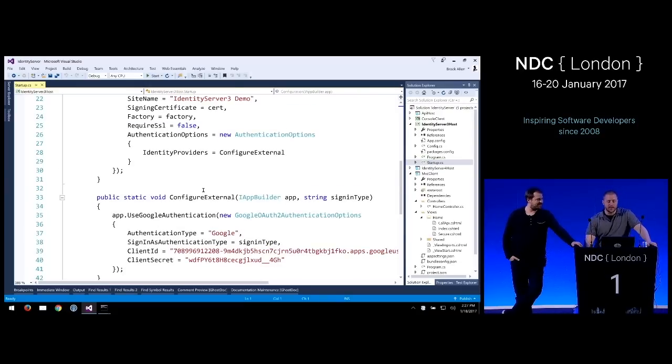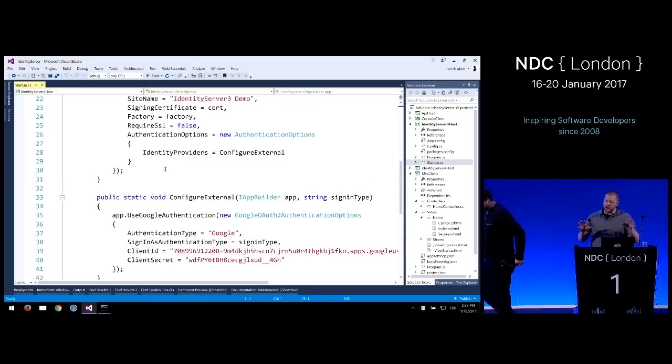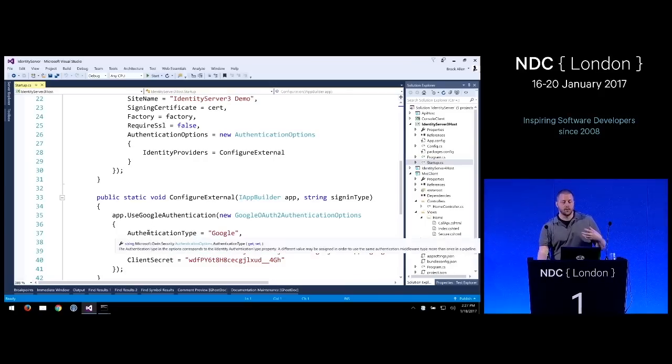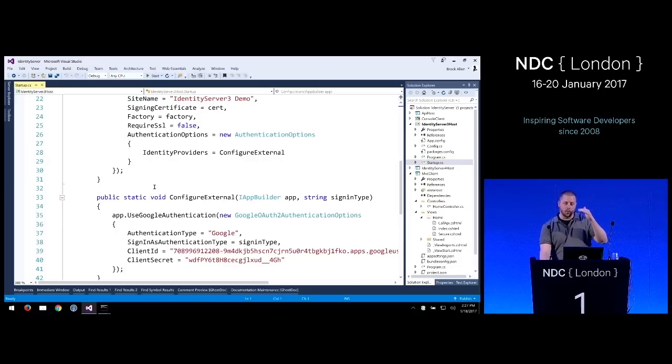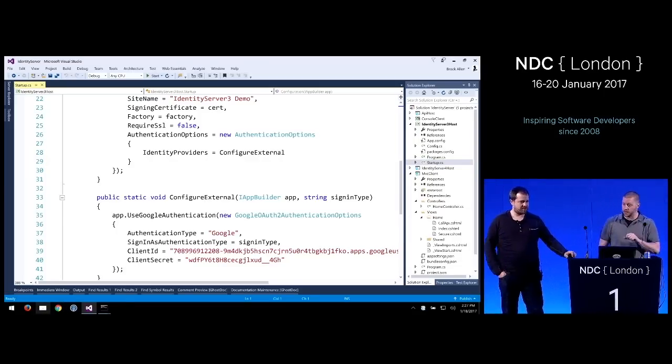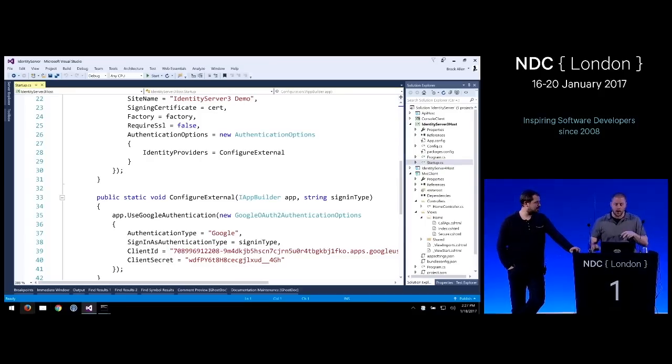So in 3, because we were coordinating a lot of the UI and the cookies, we had to be very clever about where external middleware was configured in the IdentityServer pipeline, because we had a bit of our own UI in there.